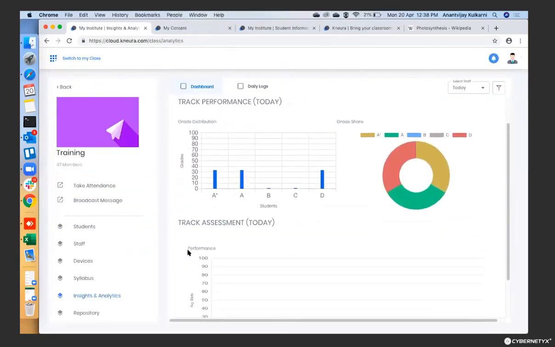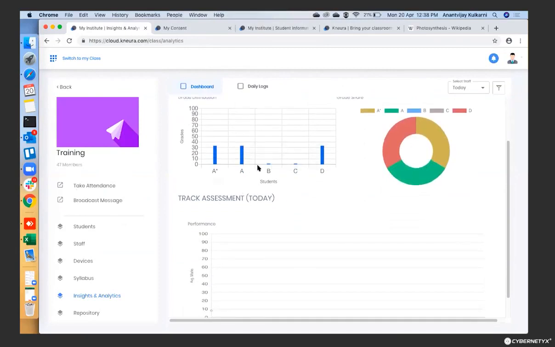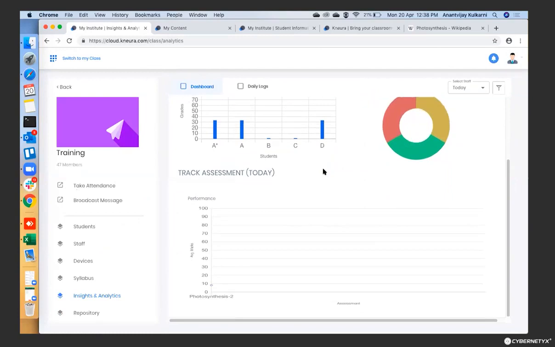Let's see where this will get captured. As and when the assessments continue to progress, you'll notice the percentage of students who got A+, the percentage of students who got A grade, the percentage of students who got D grade. Similarly, you'll also notice the other graph that gets populated over a period of time. Say for photosynthesis, what was the level of the assessment? This was 1 dot because one assessment was done. As and when many assessments are given, the score is automatically populated here. So you'll know whether the score is an up curve or a down curve.